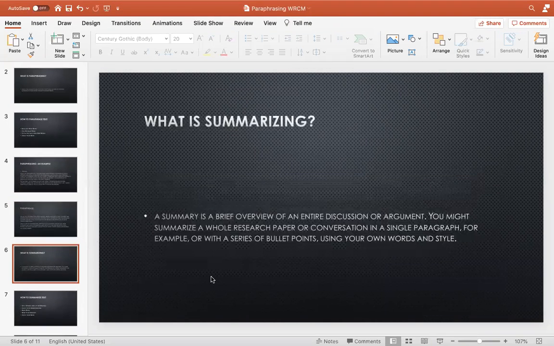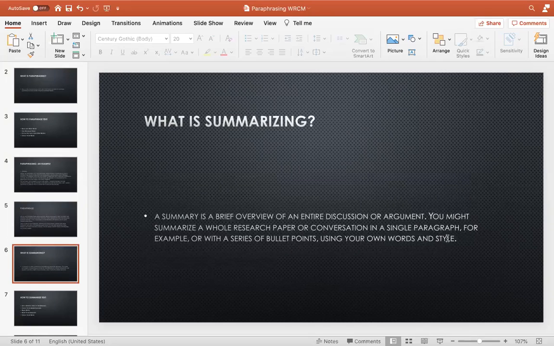Now moving to the second component, it is interrelated. Okay, summarizing is interrelated. It is interconnected with paraphrasing. Okay, so what is summarizing? A summary is a brief overview of an entire discussion or argument. You might summarize a whole research paper or